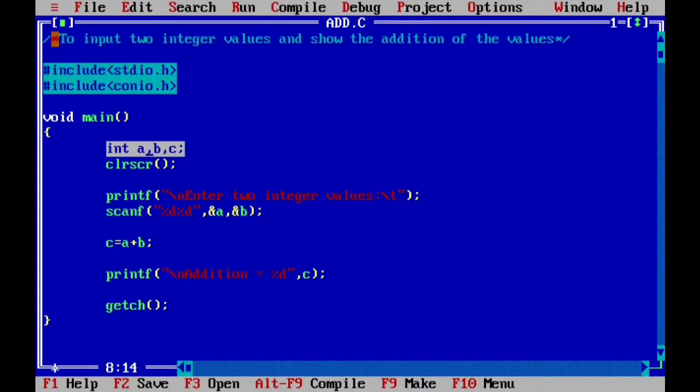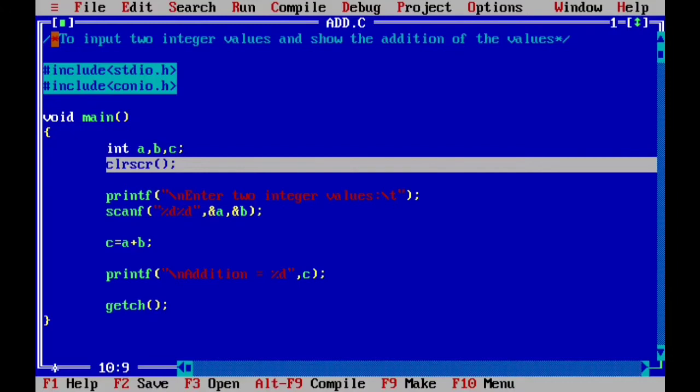If these commas are deleted, suppose we have not given these commas here, that means there is only one variable with the name abc, right? But with the commas, comma is a separator, so it separates a, b and c to make three different variables. Okay, so commas are very important here. And then this semicolon is called a terminator, to terminate one line of code. Next is clear screen, to clear the output screen.